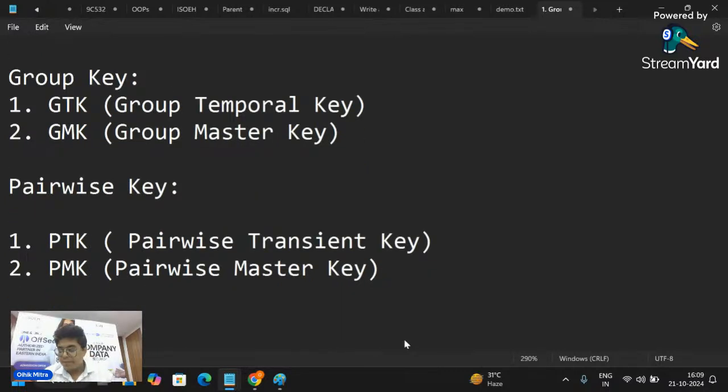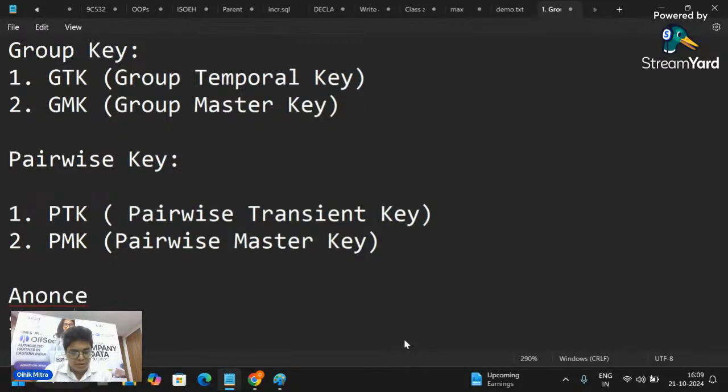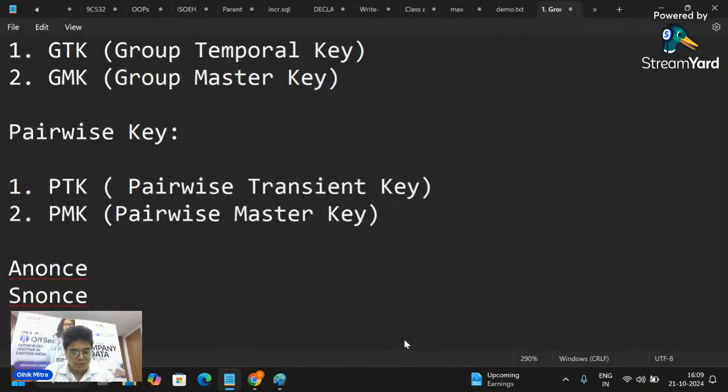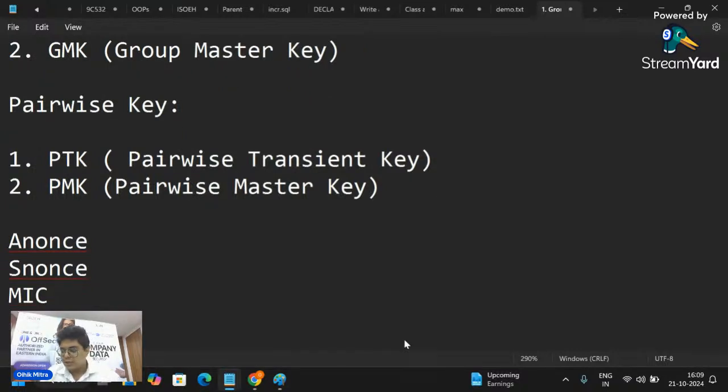there are certain many things we need to follow. That will be ANonce, SNonce, okay, and MIC, and you can say MSK. Okay. Now we will come one after the other.